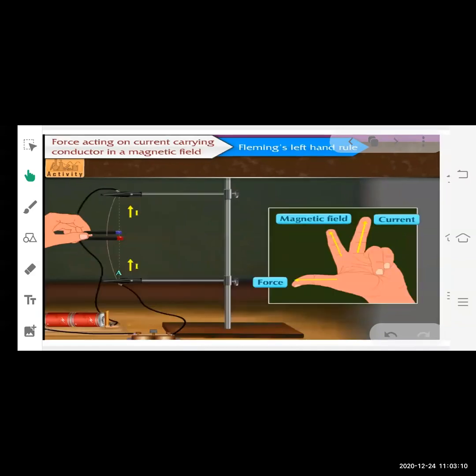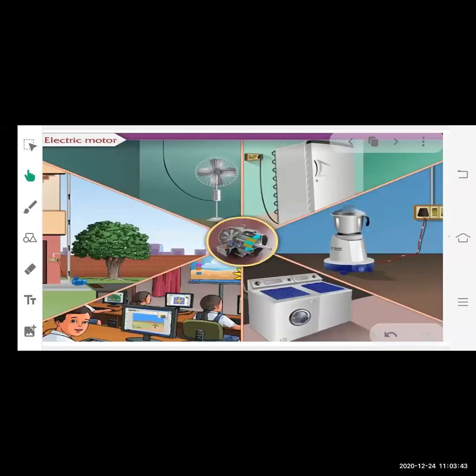In the same way, when the direction of current is reversed, or you can say when the direction of current is from bottom to top, in that case you have to adjust your hand. The magnetic field is again from north to south direction, going inside the screen, and the current is flowing upward. In that case the force is exerted on the left hand side on the conductor, and that's why the conductor moves towards the left. Okay, so this is all about Fleming's left hand rule.